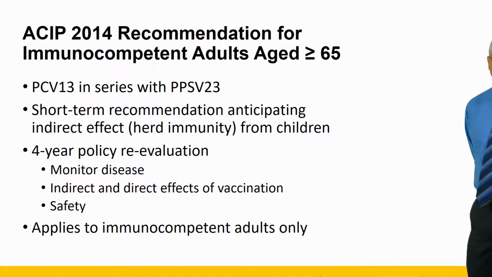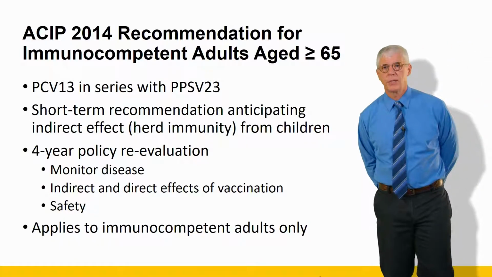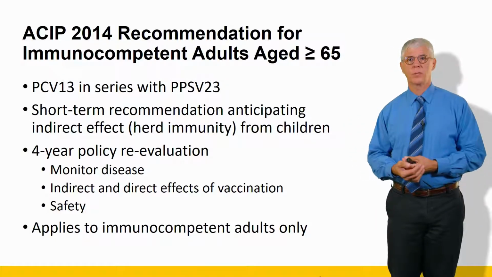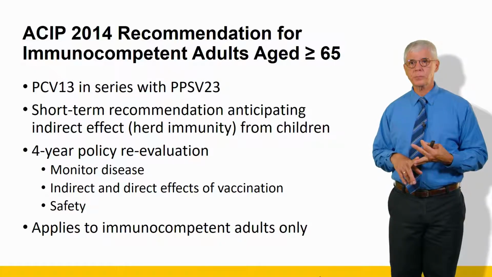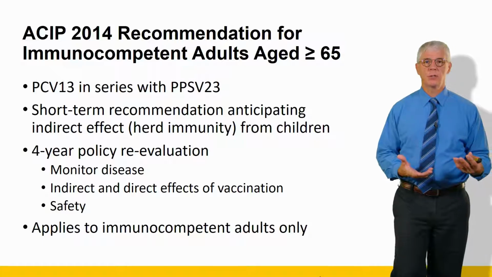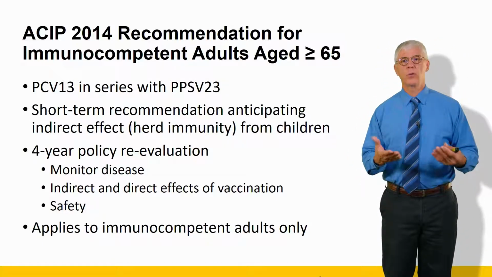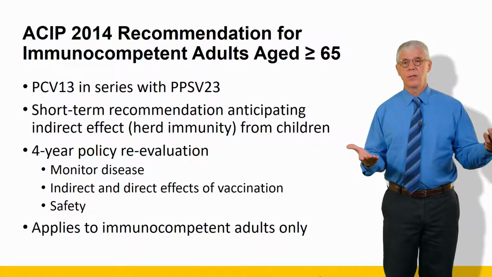Okay, so the Advisory Committee on Immunization Practices in 2014, this is what I had mentioned earlier, made this recommendation that we should give everybody 65 and older both the 13 and the 23. And they made it very clear at that time, and I think most of us didn't pay much attention to this, that this was a short-term recommendation, and over the next 3, 4, or 5 years they were going to look at this thing called